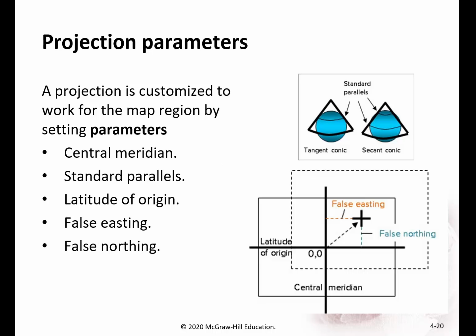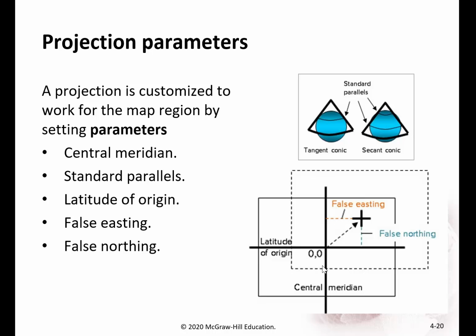But these are basically arbitrary numbers added into the XY coordinates in order to translate the map to a new location in coordinate space. So while every location, depending on the datum you're using or the map projection, is going to have a predefined X and Y for all of its different data points, you can change the actual location, right, the latitude of origin and the central meridian, giving it a false easting, in essence, moving the numbers in